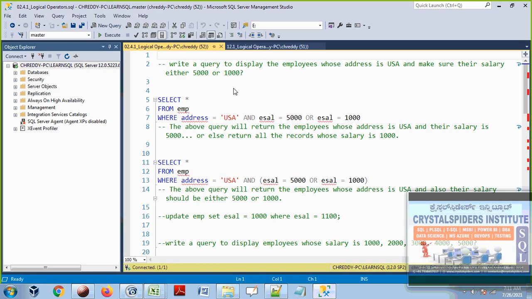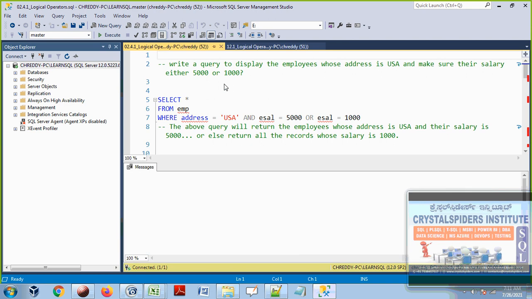The requirement is: write a query to display the employees whose address is USA and make sure their salary is either 5,000 or 1,000. I want to display the employees whose address is USA only, and they should have salary 5,000 or 2,000, but their address should be equal to USA.